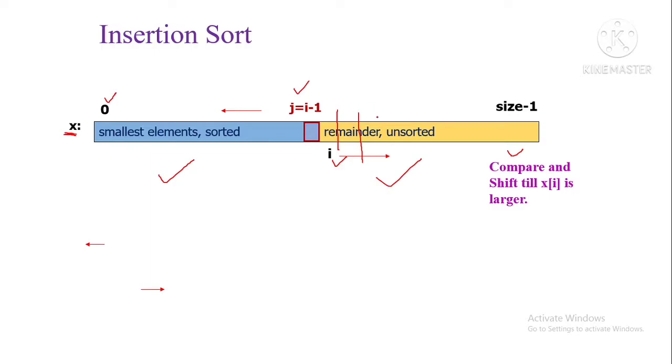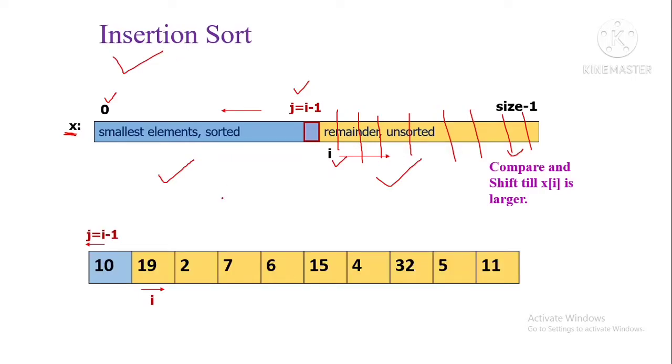Every time we will be choosing one element from the unsorted array and including it in our sorted array. At last, by doing this we can include everything from our unsorted array, and it will be inserted in our sorted array. So this is how we are going to do our insertion sort. That's why the name is given as insertion sort. We'll see one example so that you can understand this algorithm.